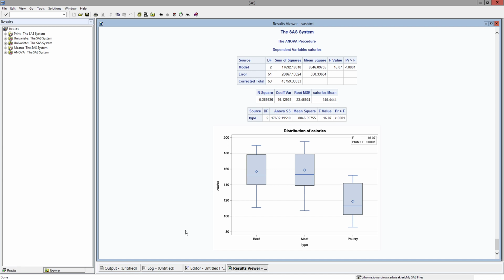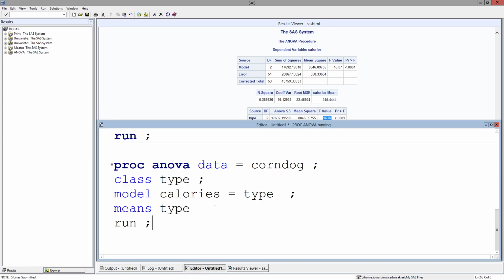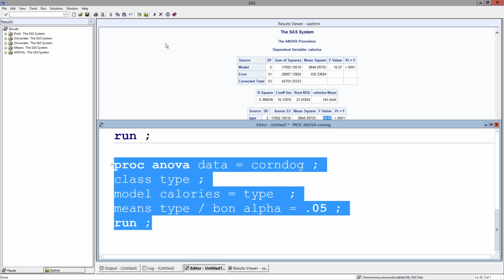However, using this ANOVA, we cannot say which group is different from the others. Okay, so based on the F statistic we got here, we can say that at least one of them is different from the others, but we cannot say which one is different. So we want to put this Bonferroni option with alpha 0.05 to check which group is different from the others. Okay, so once you submit this one,